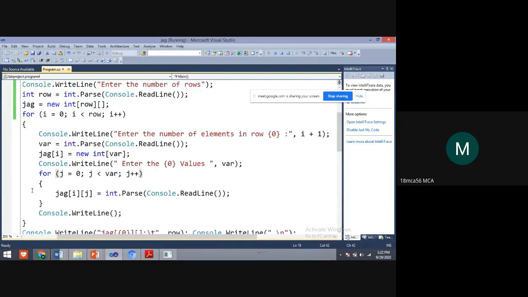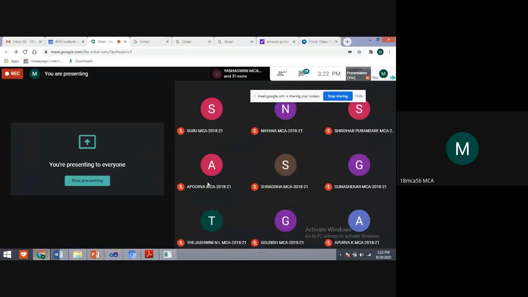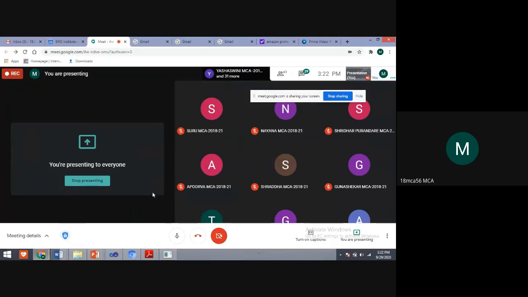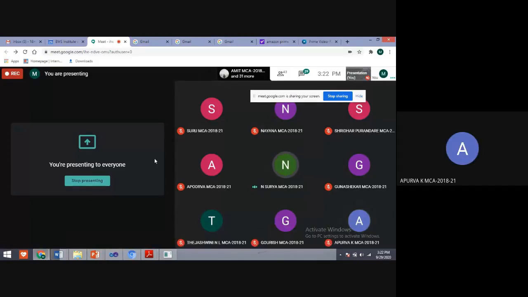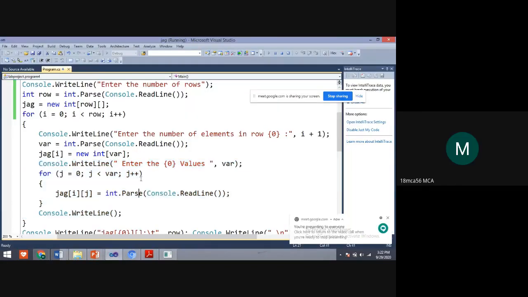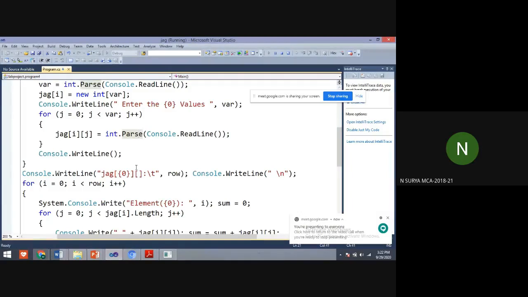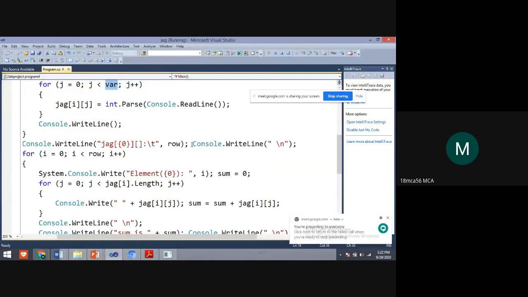Yes, understood this part, students? Why are we taking var? Respond. Surya? Apurva? Yes, ma'am. Both Apurvas, okay. So this var is to take the inner loop, and after that,